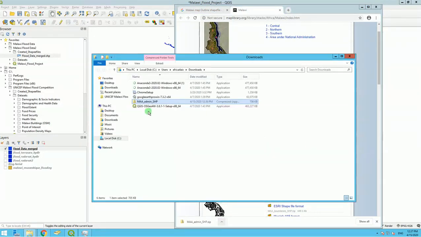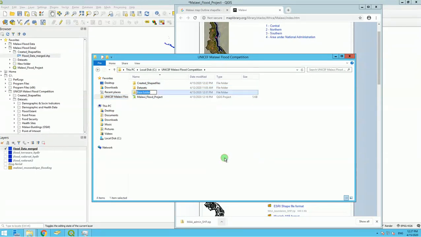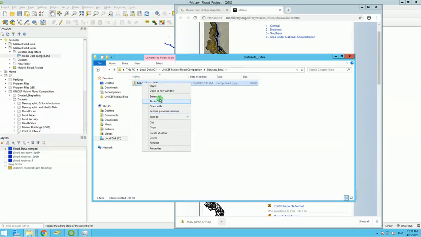So I wanted to show the folder. This is where it has put it. I'm going to cut it, take it to my UNICEF. So I'm going to say extra dataset extra. Okay, I'm going to name it that way. Okay, and I want you to note as well, let me extract it first,